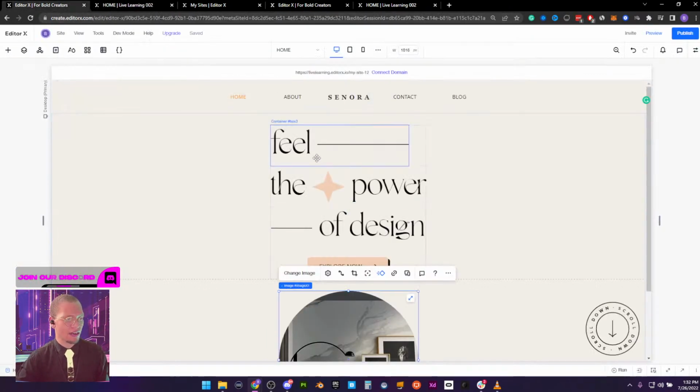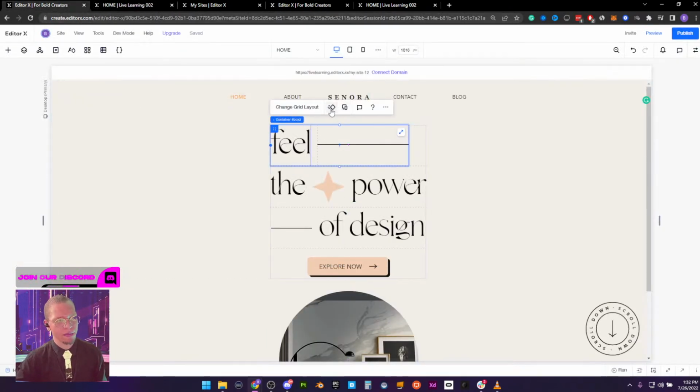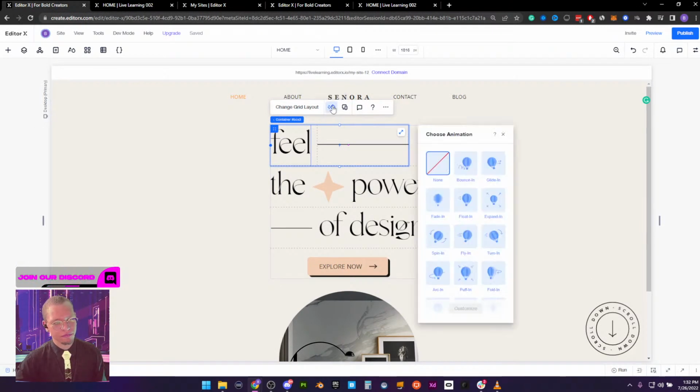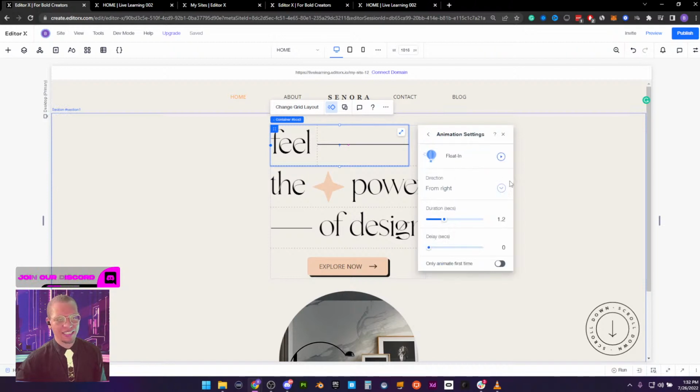So let's push this off to the side. What I'm going to do first is take this container and click this animation button, and I get all of these different presets here. What we're going to use in particular for this website is float in, and we can customize it and say which direction we want: from the top, from the right, from the bottom, from the left. We kind of want a little bit of an alternating action here, and I can test play this. So I do want to do from the left. I do not want a delay just yet.